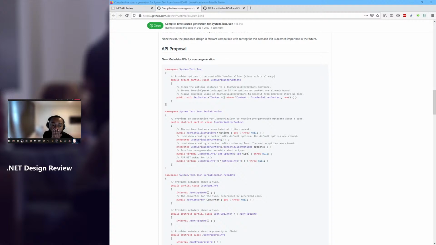Basically, it's moving all the reflection out of JSON serializer and putting it into your hands. Yep, into the callers. But the implementation's still in JSON. Sure. Right. It's just the API to opt into doing it. Right. But that makes it reasonable to call the other overload like legacy. If we want to do this move to a new API, it would basically make it possible to do dynamic or static